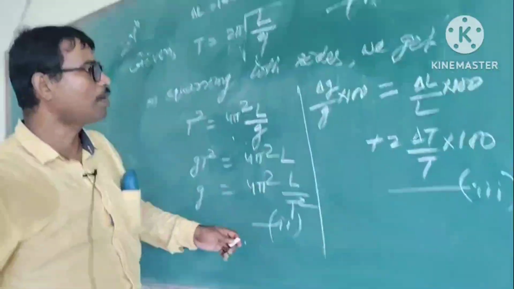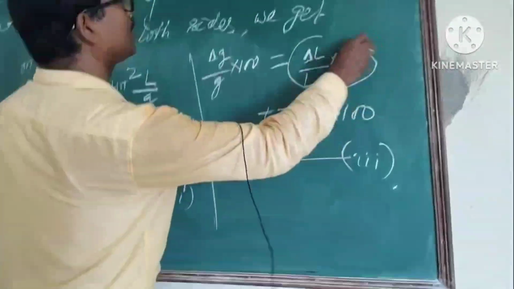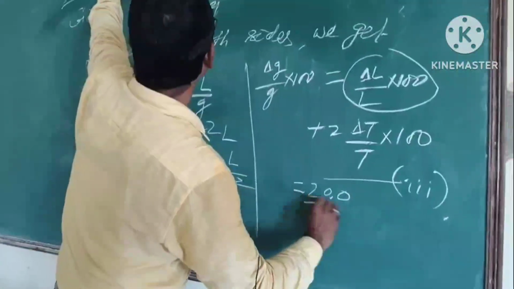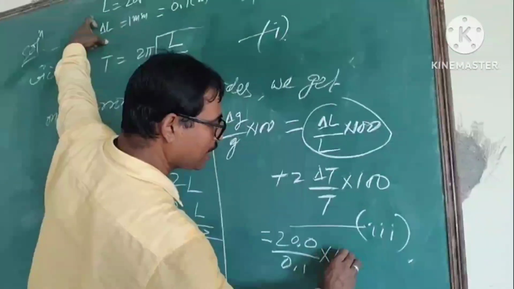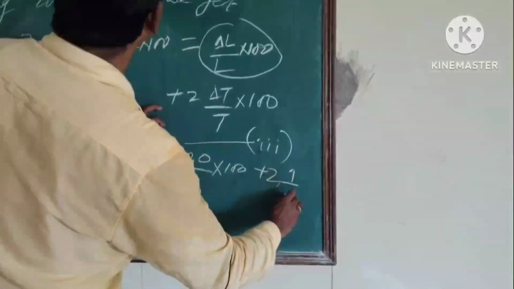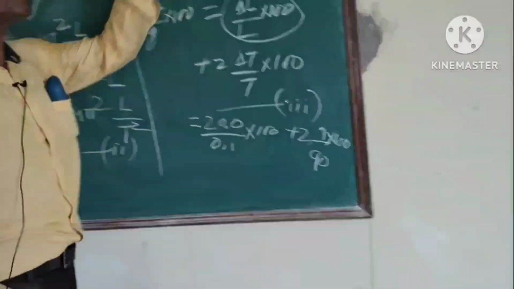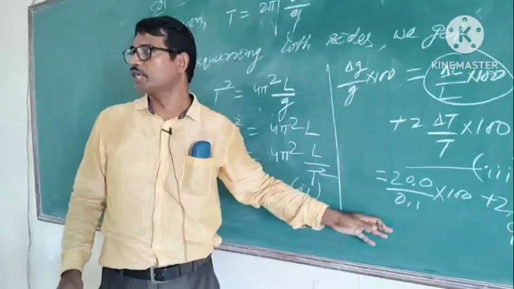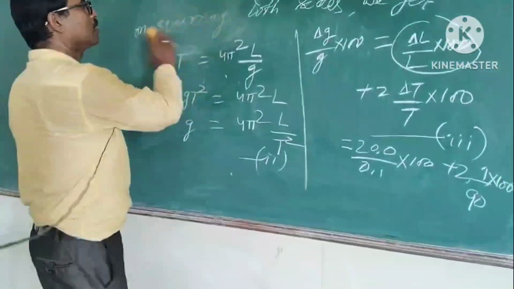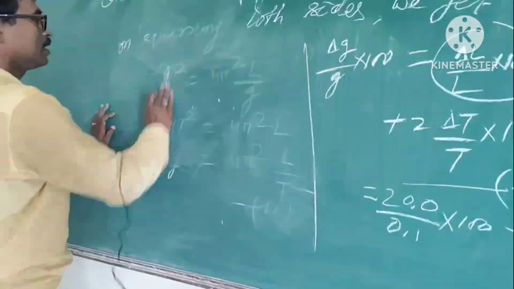So what we will do, you have to put here, I am doing this one, is equal to delta L by L, 0.1 by 20.0 into 100 plus 2 into delta T 1 by T 90 into 100. बेटे जो सब दिया हुआ था हम उसको वही इक्वेशन में पुट किए और कुछ नहीं किए. सो अभी इसको कैलकुलेट करो, तो कैलकुलेट करो हाउ मच यू आर गेटिंग. दैट वन इज, इफ यू कैलकुलेट दिस वन इज